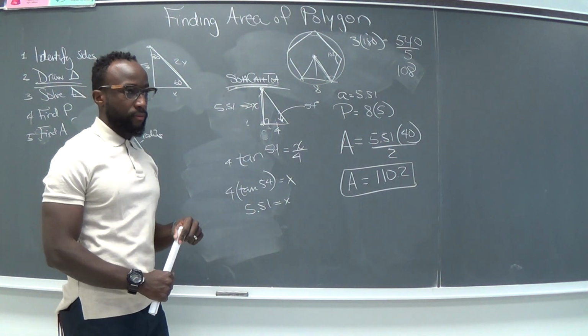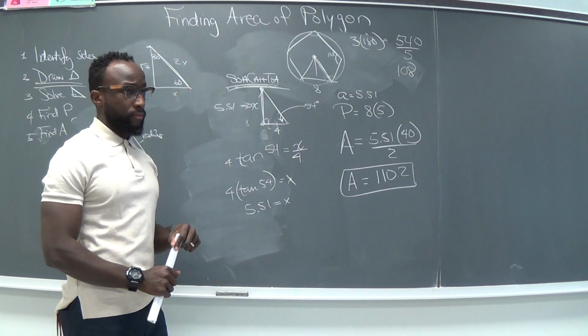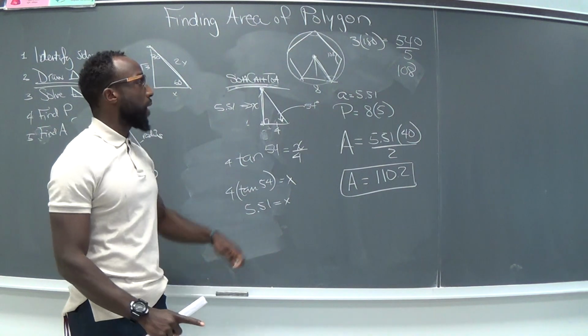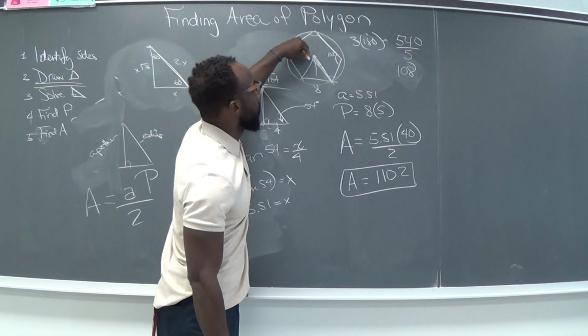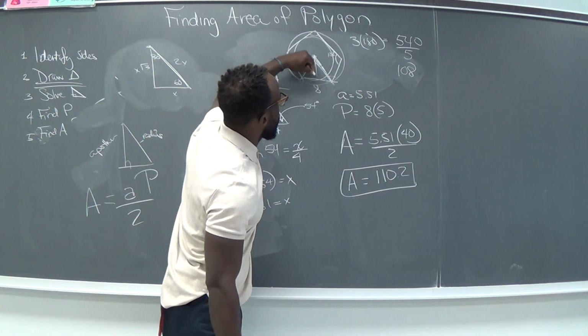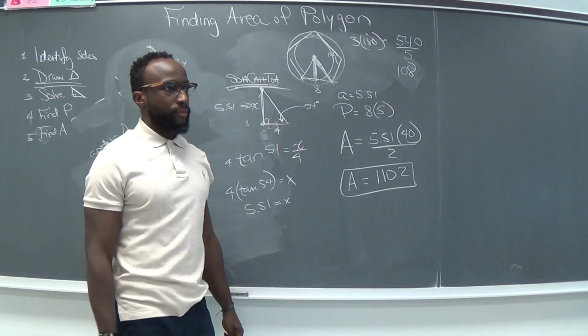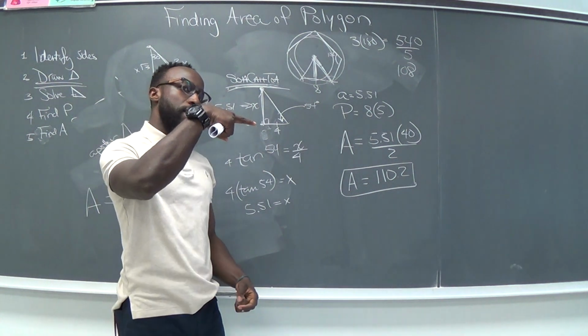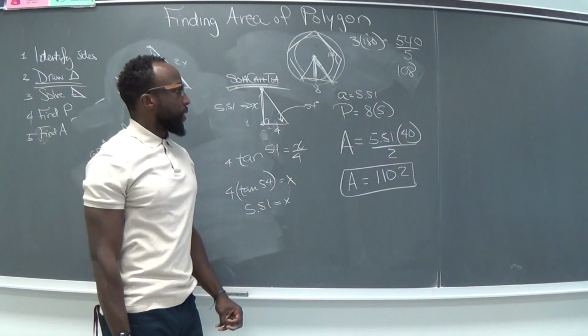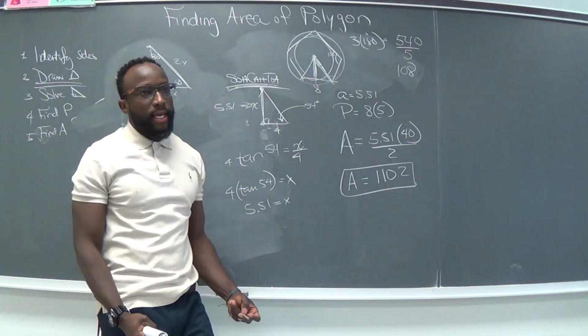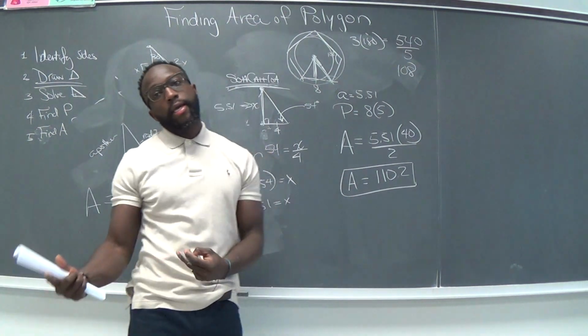So which one is the radius, the circumscribed one? It depends. When it's circumscribed, the radius is the hypotenuse. When it's inscribed, the radius is the apothem. Inscribed means inside of the polygon. Circumscribed means outside of the polygon. Okay? Again, those are just details. So they're saying, hey, this is the apothem, or they're saying, hey, this is a